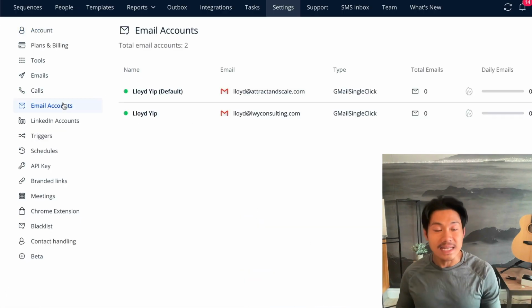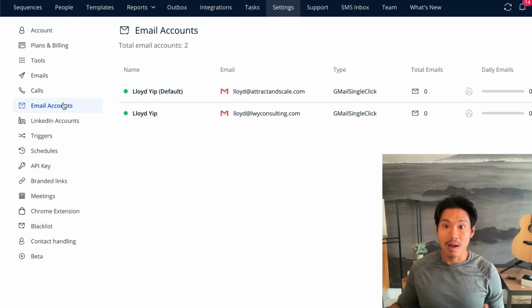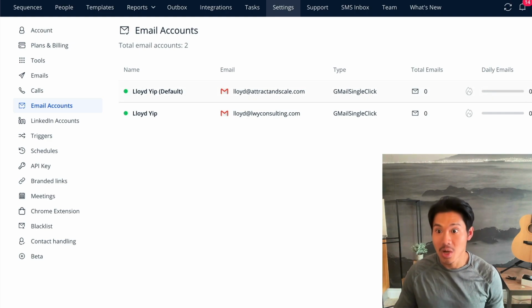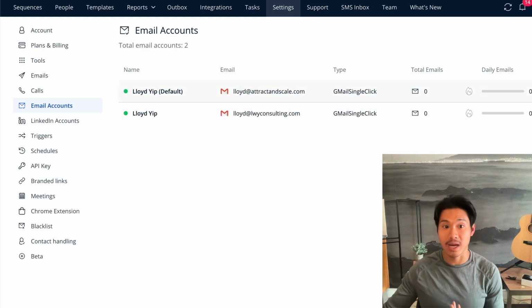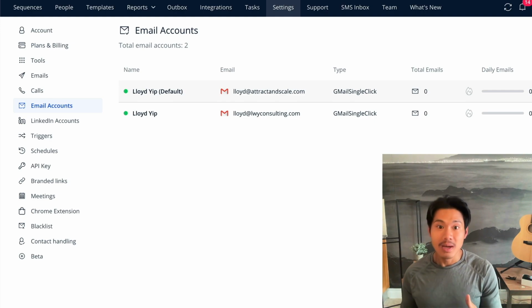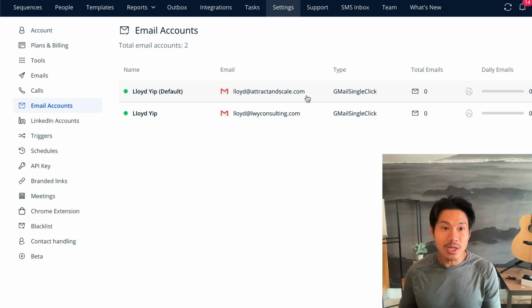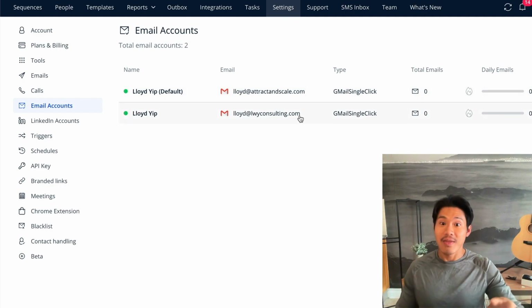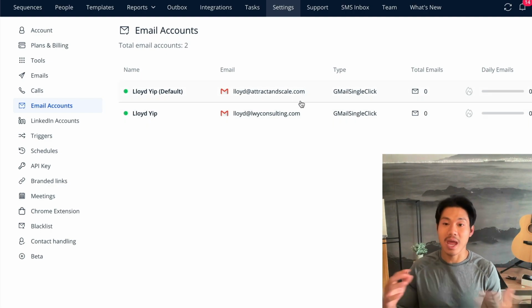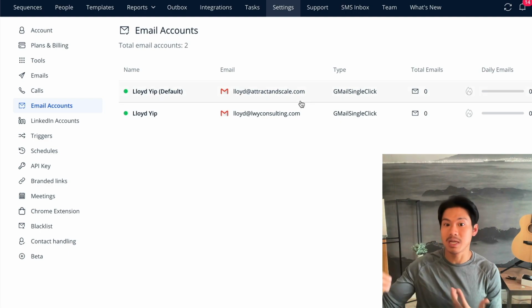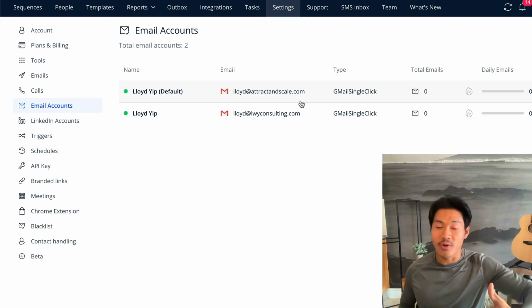And you can even see that inside my account here, where both of my emails that have been attached are sending at maximum 50 a day. And once it hits 50, it just stops until the next day arrives. And that's why it's actually better to just have multiple email accounts running at the same time. So if you want to be sending 100 or 200 or 500 emails a day, you're just going to be doing it from multiple email accounts. And that's a really cool thing about Reply, that you can actually have multiple email accounts attached, and then you can essentially have all of your campaigns being split across multiple email accounts so that none of them are going over volume and potentially